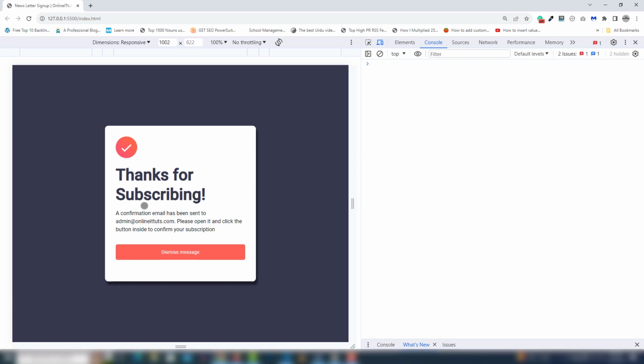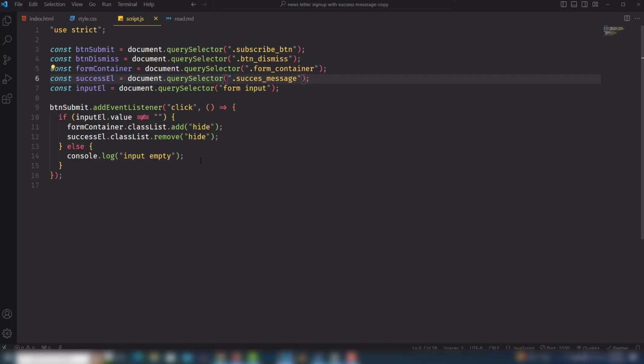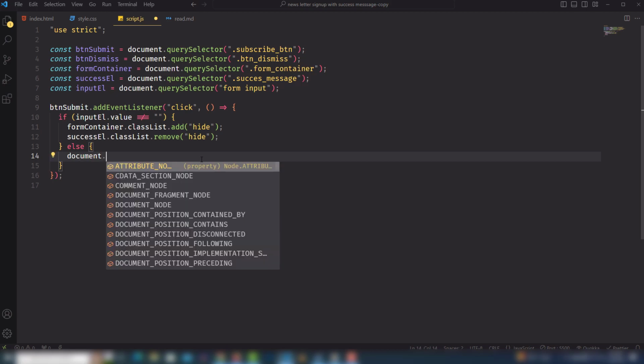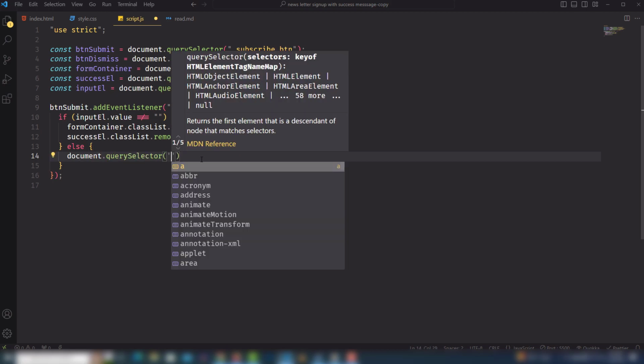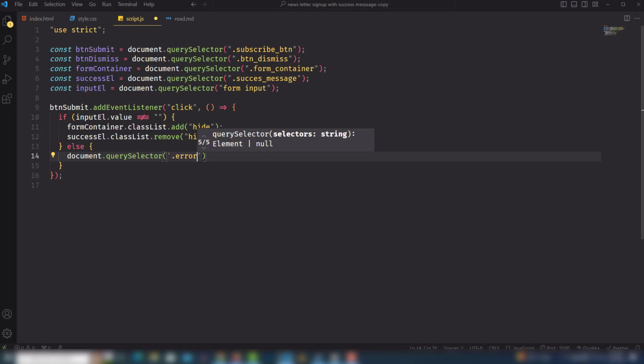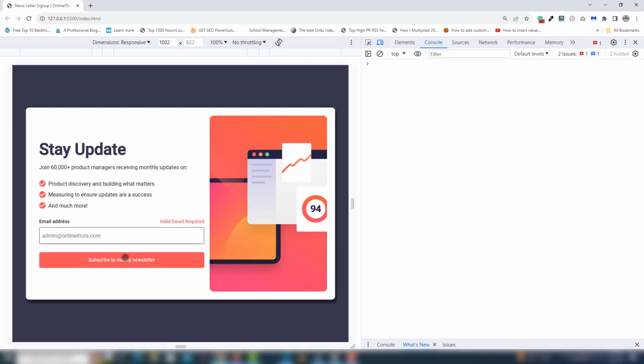It has appeared inside the screen, but when I click on that, then I need to remove the message, right? And also in the else statement, I need to target the input. In a minute, I need to select document.querySelector, the error. Inside the error there is a paragraph tag, so we need to select it and use innerHTML for valid email required. We need to add it, save, and click on that. Right now, as you can see,